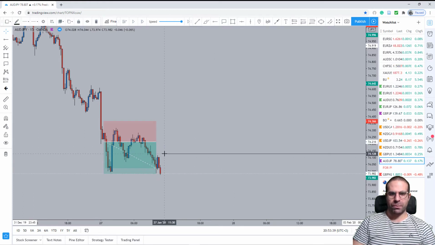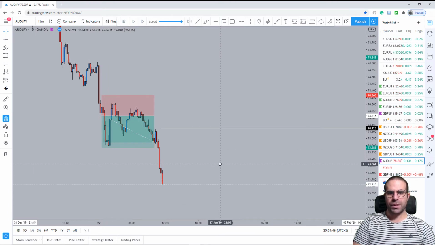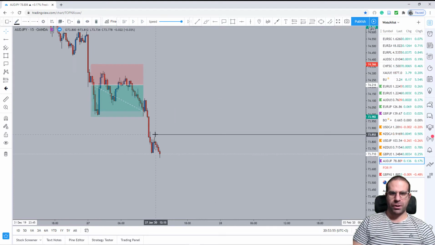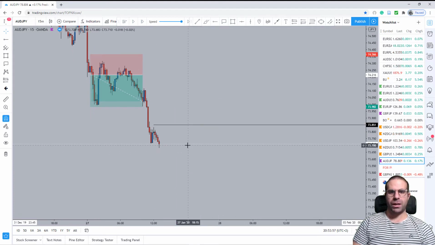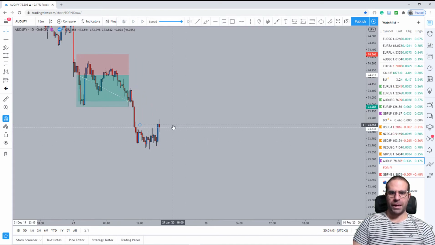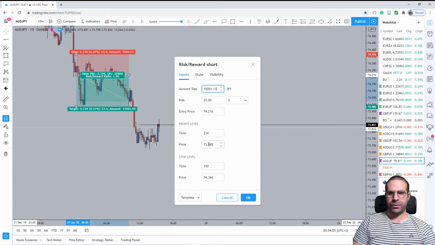Now we're going to be locking profits because we broke the previous area. So in my opinion, we will be locking some profits. That's very nice movement, guys. Stop loss is going to go somewhere above this wick. Oh, and we are stopped out. Still unfortunate, but it's good profit.